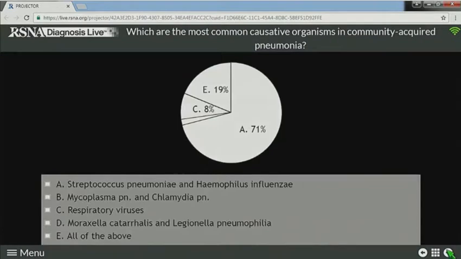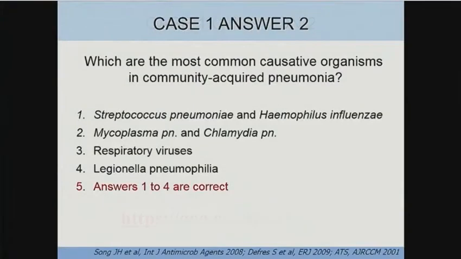So here is answer A, being the most common answer, 71%. A few have voted E, and the rest is C and B. The correct answer here is answers 1 to 4. The most common organisms in community-acquired pneumonia are Streptococcus and Haemophilus, plus also Mycoplasma, Chlamydia as